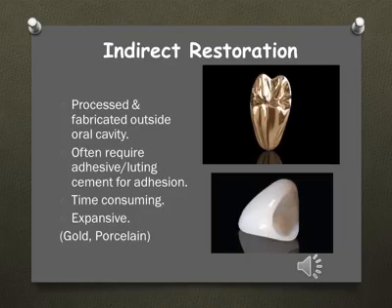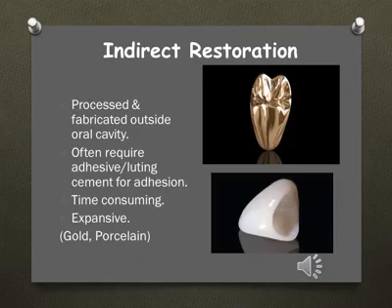Unlike the direct restorations, the indirect restorations are processed and fabricated outside the patient's mouth. That is, they require a dental lab to prepare and process them for the prepared tooth. They do not bind chemically with the tooth structure. That's why we have to use certain adhesives or a luting cement to adhere these indirect restorations to the prepared